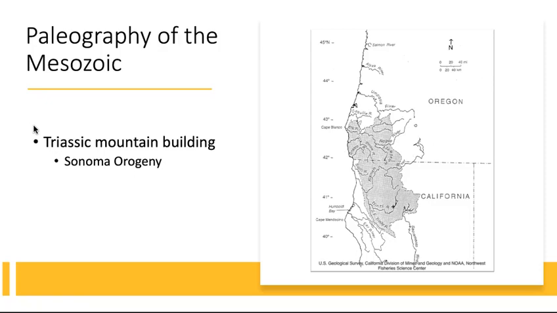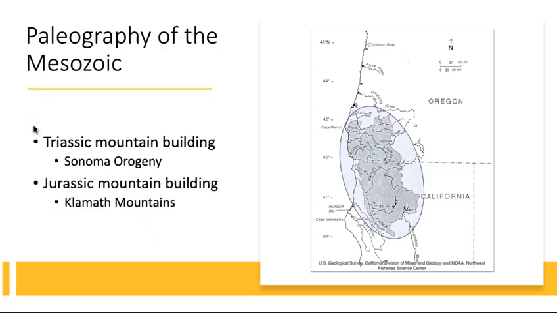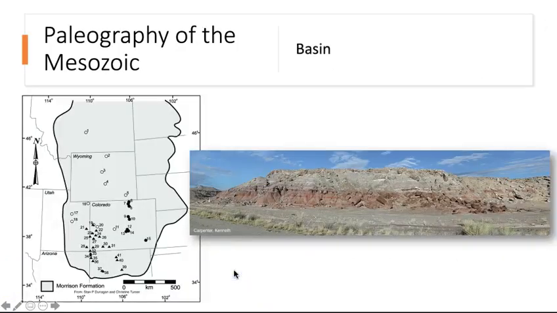One of these episodes in the mid-Jurassic helped build the Klamath Mountains of Northern California and Southern Oregon. Subduction during this time also generated a long chain of volcanoes and the magma that became the granite of the Sierra Nevada mountains in California. A basin formed to the east of the new mountains, into which the ocean transgressed, forming a shallow sea. This shallow sea was eventually filled by sediments shed from the mountains to the west, replacing the shallow marine environment